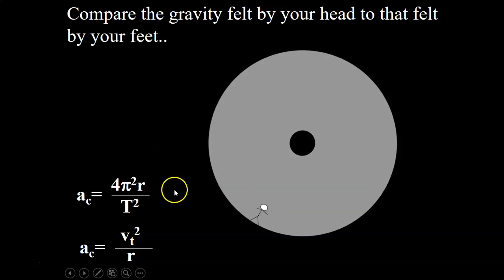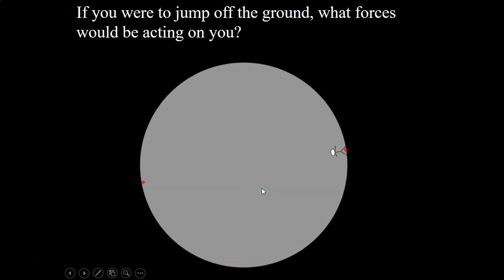So now, based on this, as you're rotating around, the gravity on your feet, because it has a larger radius, is going to be stronger than the gravity that's on your head. Not by a ton, based on this example, but the gravity would be stronger on your feet. And then there'd be some other weird things that would happen that are distinctly not Earth-like gravity. For one, if you were to jump up,